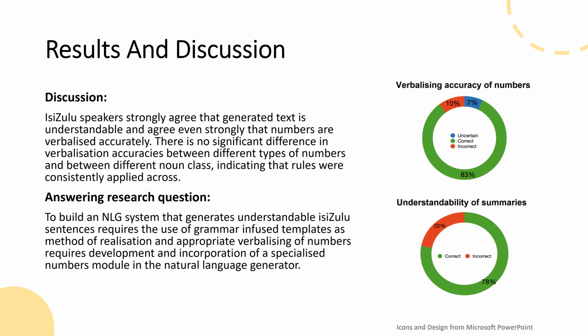The results from the evaluation show that isiZulu speakers strongly agree that the NLG-generated summaries were understandable, with an overall understandability score of 78%. isiZulu speakers also strongly agree that the number verbalizing algorithms are accurately verbalizing numbers in context, with an overall accuracy score of 83%. There was also no significant difference in verbalization accuracy scores between the different types of numbers and noun classes, indicating consistent